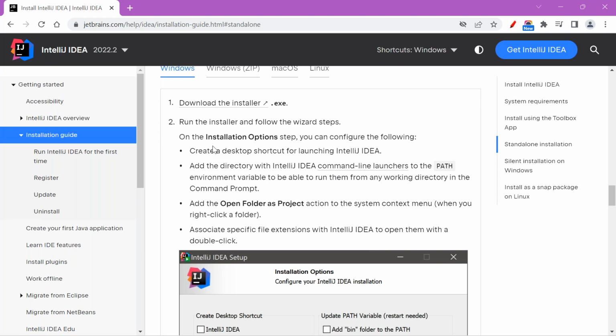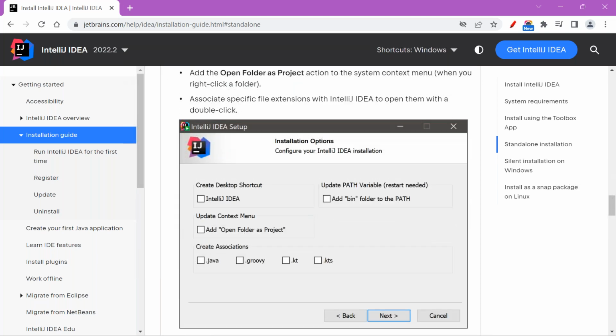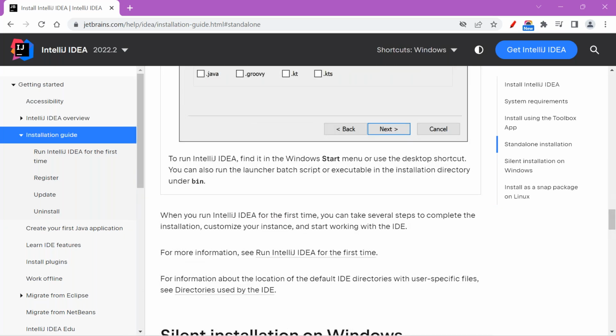Once you do this, same as what was told earlier, when you double click on it, it is the same process. It will show a license agreement, so you click on I agree, then the next button. This is the only page that will look different for you. If you want a shortcut, an icon on your desktop, you can select it. If you don't want it, you can leave it as it is. Here, add bin folder to the path: if you want to set it, we can very well add it. Then click next, and finally finish.